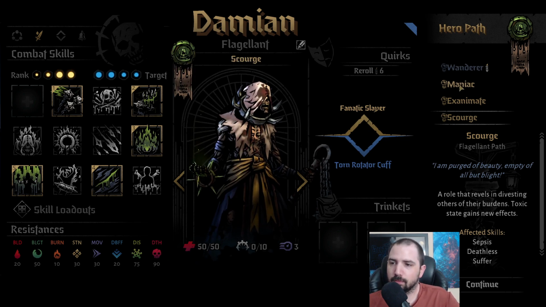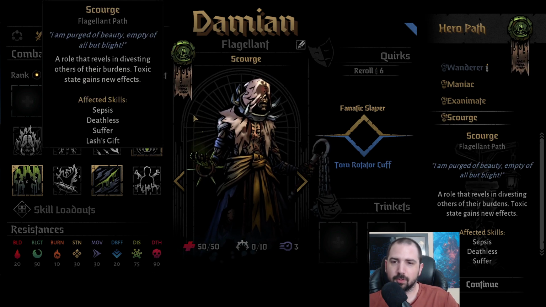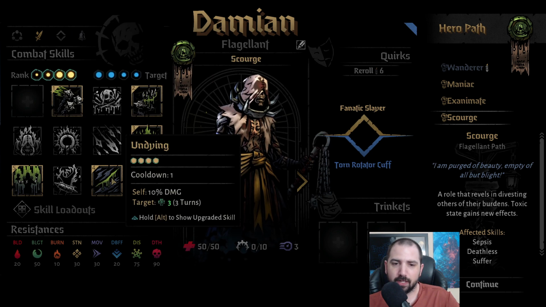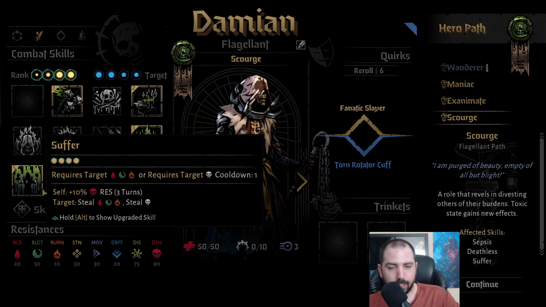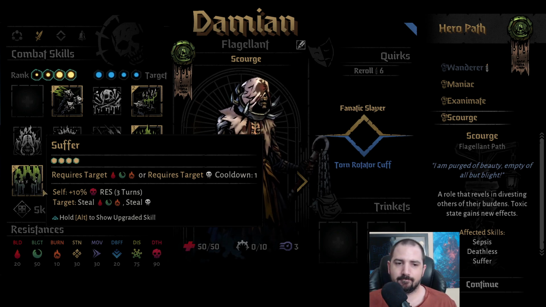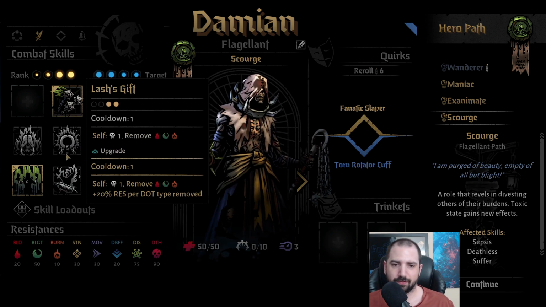Actually, hold up. Let me look. Maybe I don't run Scourge. I don't know. I'm going to use Scourge for this example, but yeah, so you get the good Deathless, you get Undying, you still have more and more. Suffer is a surprising one. Normally I'm not a huge fan of Suffer, especially on this path. Suffer and Lash feel kind of